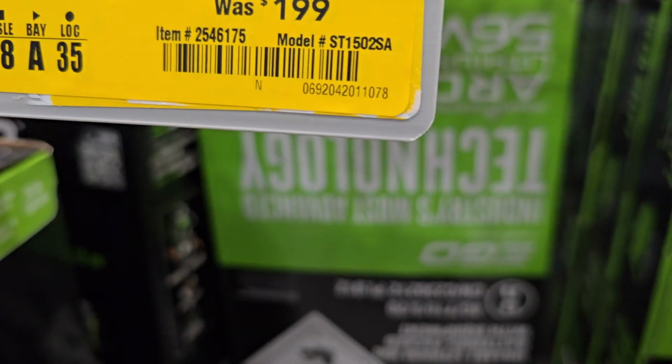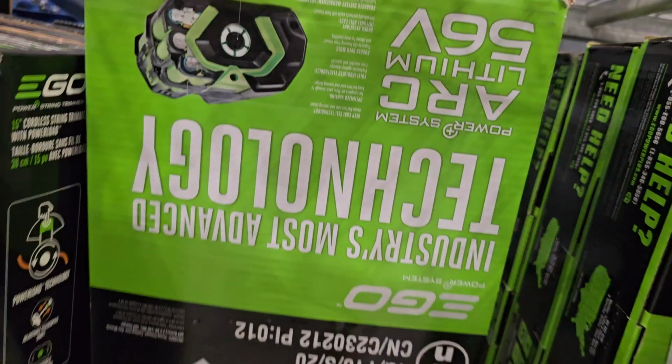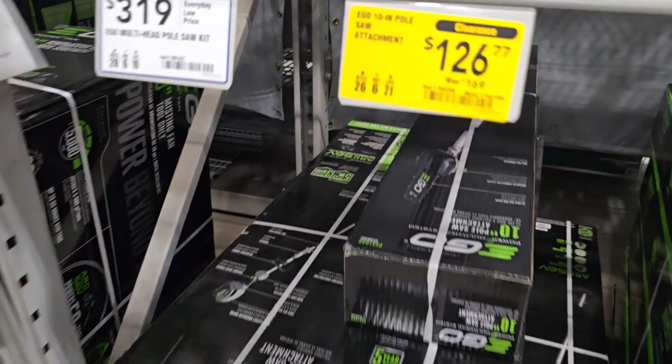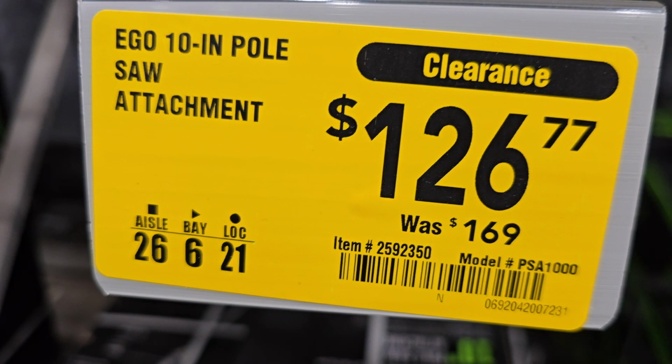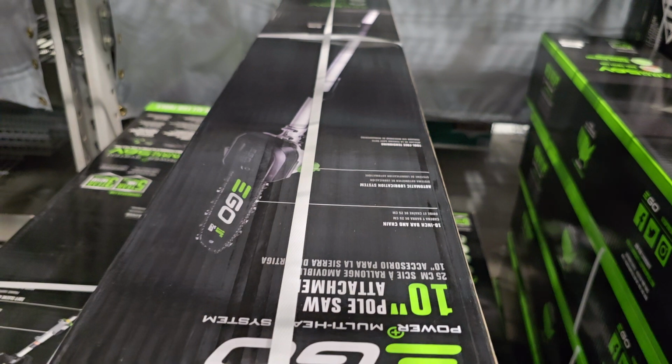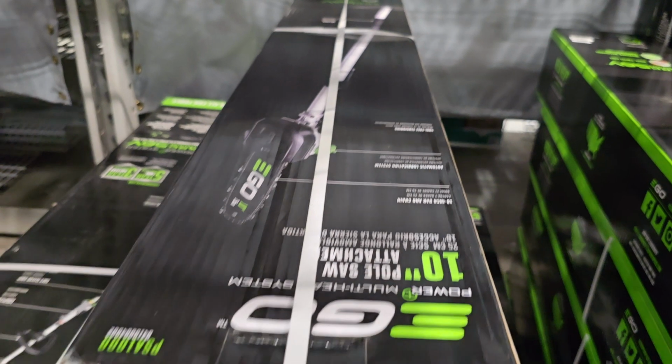This is the 15-inch string trimmer kit. It does come with the battery and charger. Even the battery by itself, guys, it's worth more than $69. You got another clearance for $126. This is a pull attachment for the attachment capable string trimmer,